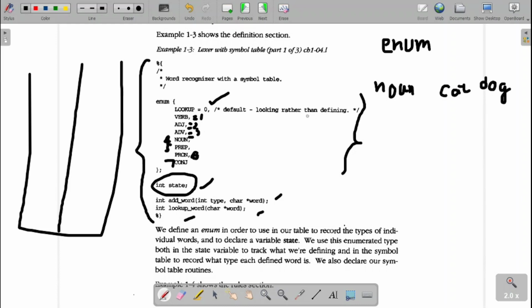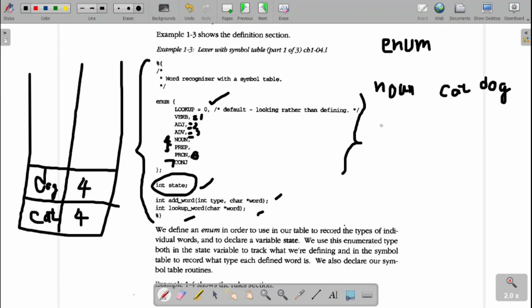Now they will be stored into the symbol table. How will it be stored? The first one is cat. What is the type of cat? Cat is a noun. What is the constant for it? 4. That is, I am adding the word to the symbol table. You should observe that. The next one is dog. What is the type of it? Again, it is a noun, and the value will be 4 over there.